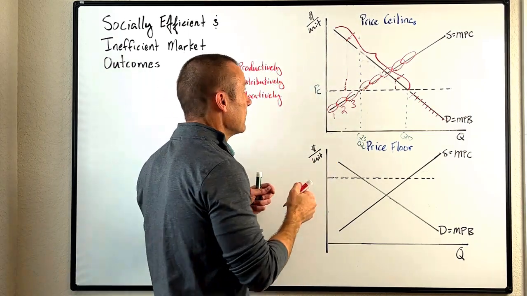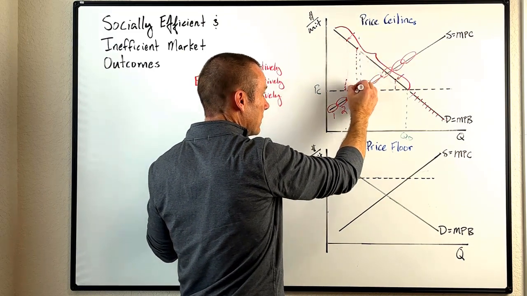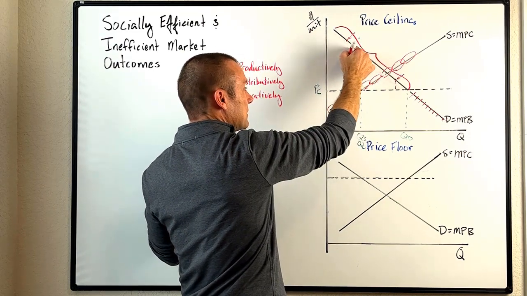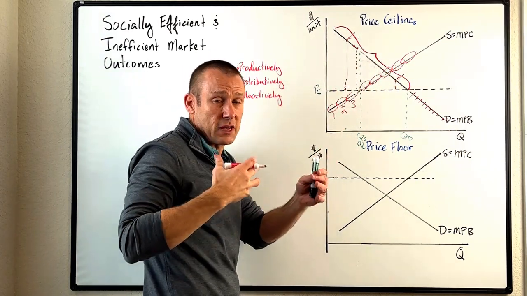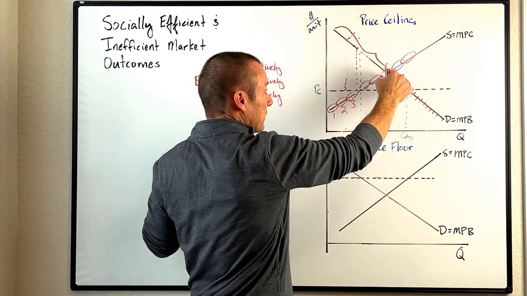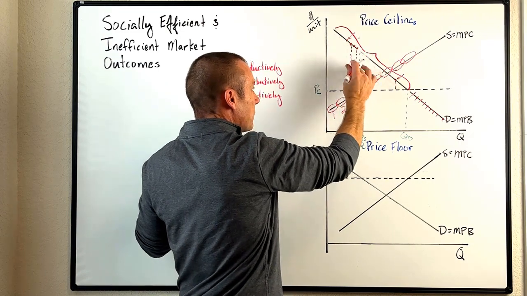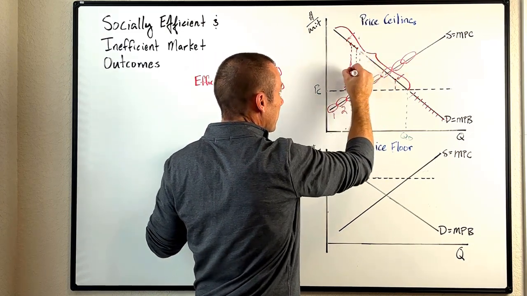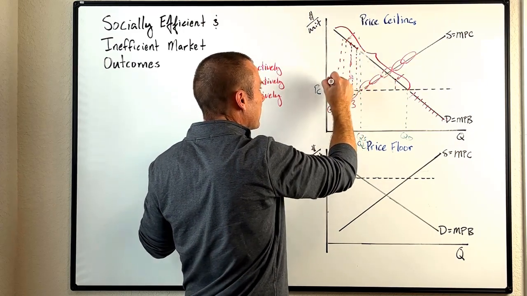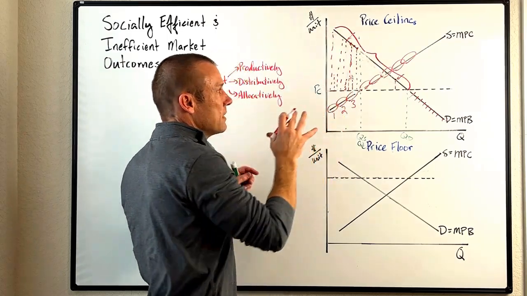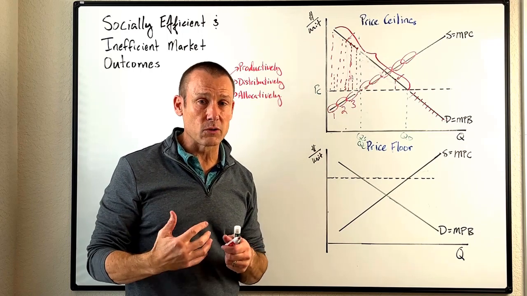And so here's what I'd say. If you look at this, maybe the person by this dot actually does get the good, but then the person that represents this dot is beaten by this person over here, or just gets there faster, or just has more time to stand in line, and so they don't get it, but this person does, and theirs is just like this. But then this person does get the good, and then it looks like this. And what I want you to see, that's kind of ugly right there, let's try and fix it, is something that looks like this. Yeah, we get some of those full bars, but then we get some smaller bars in there, and we don't get all of that. The good is not distributed to those who value it the most.